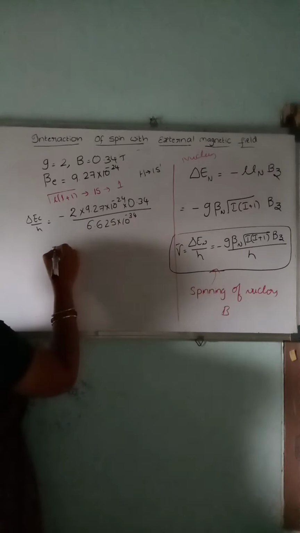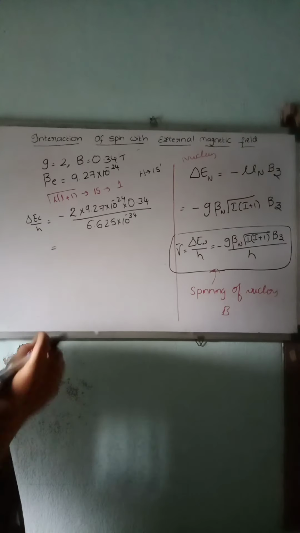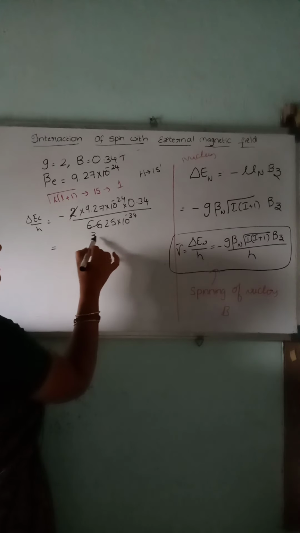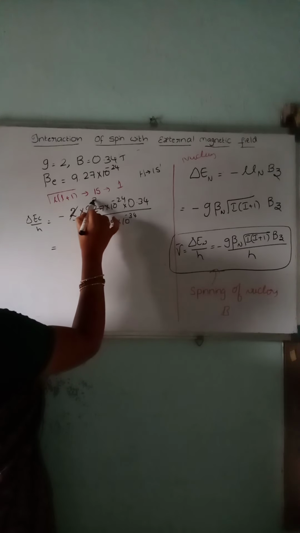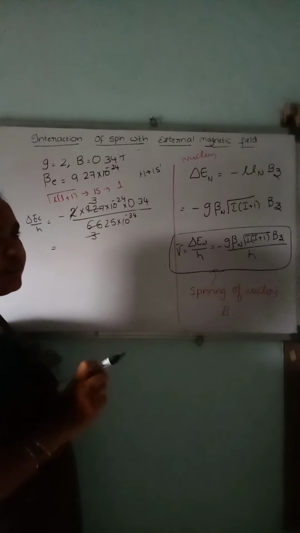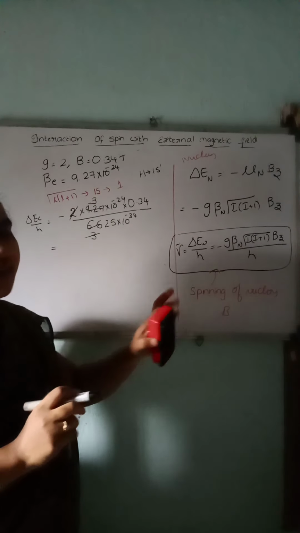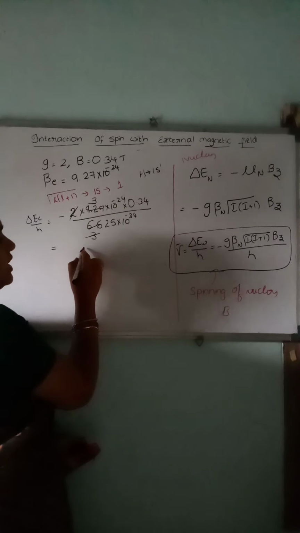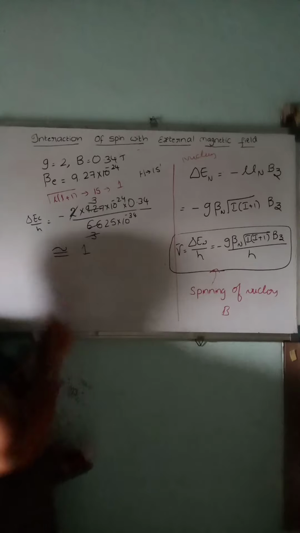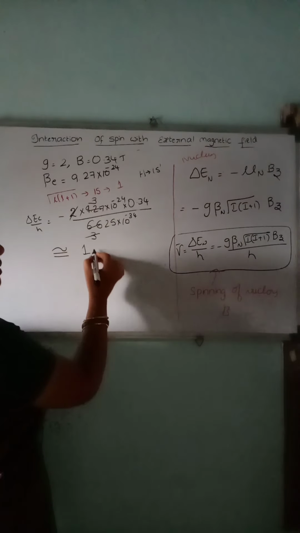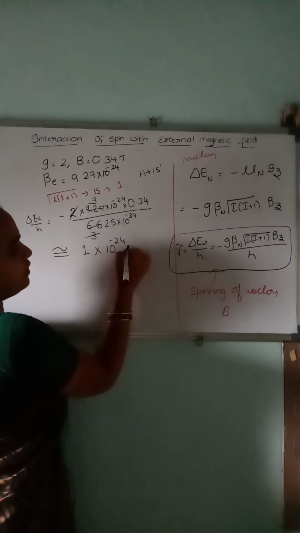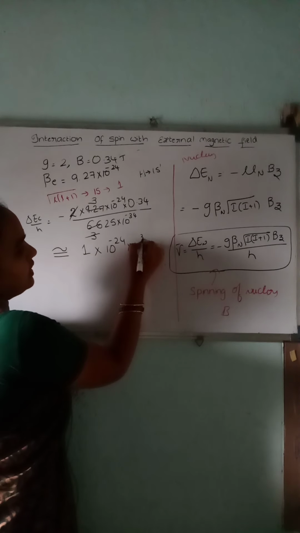So let us simplify this equation roughly. This 2 goes 3 times in this equation. So 3 multiplied by 0.3 is nothing but 0.9. I will take this product as nearly 1. I am only writing the nearest value. So that is 1. Let us write down the 10 power values: 10^-24 into 10^34.